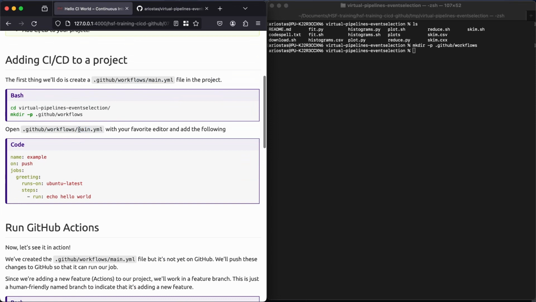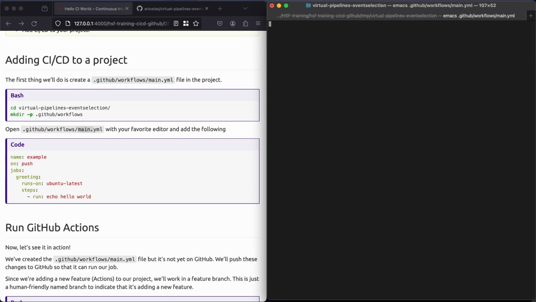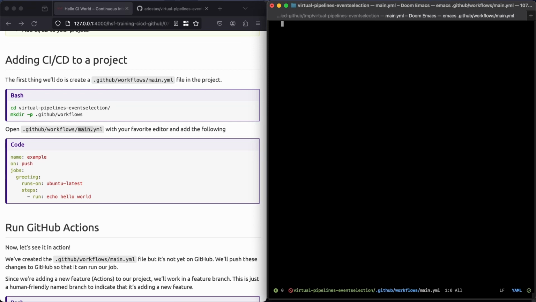So let's set up our workflow by first removing all the workflows that are currently in there. So let's remove the GitHub workflows, the test analysis.yaml, and let's create a new file, main.yml. So inside here we'll